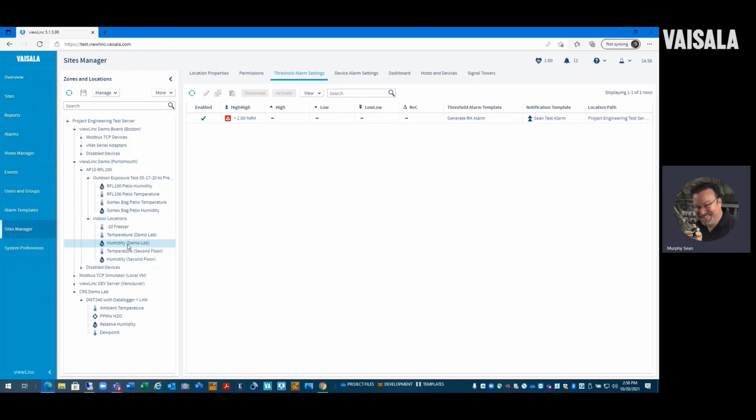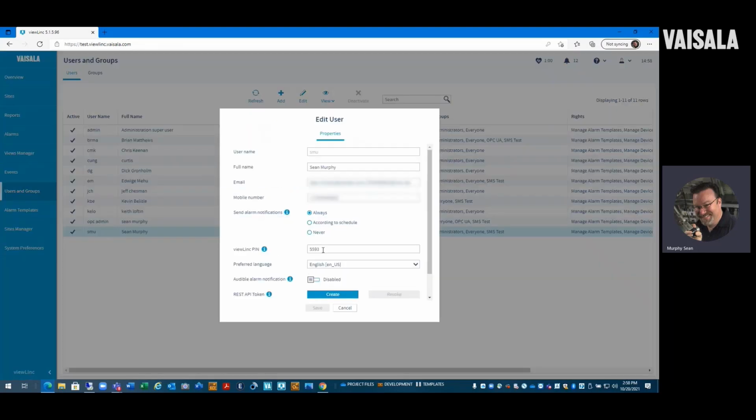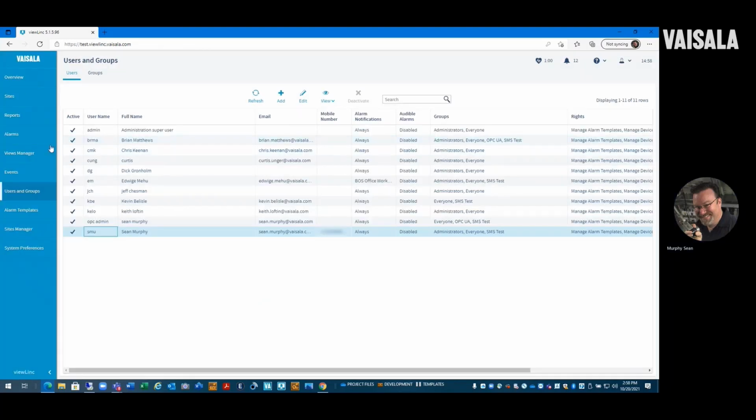Thank you. Okay, what I went through there is I responded to the call, and I hit the number 2, and the number 2 set me up to acknowledge the alarm, and then it asked me for a number. The number is actually the PIN number that you set up on your account. So, for example, if I go into my account over here, I have a PIN number associated with this. So I typed in 5593, and it acknowledged the alarm.